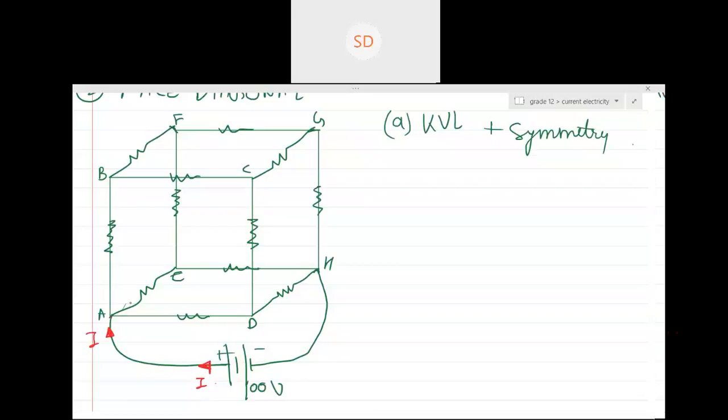Now you understood how to look for symmetry. Did anything click in the brain? Yes, sir. Now how are you looking at the symmetry part? When you want to go from point A to H, you can either go like this, or like this, or you can go up, do whatever you want in the upper circuit and then come back. So basically if I say I1 current goes over here, the first concept of symmetry, then I1 current has to go over here. What will be the remaining current? This will be current I minus I1, I2. We know I2 is basically I minus I1. But don't do that now. We'll do that later.